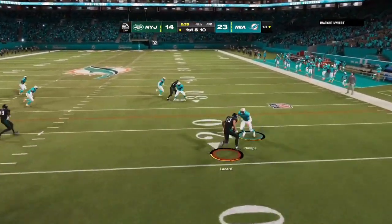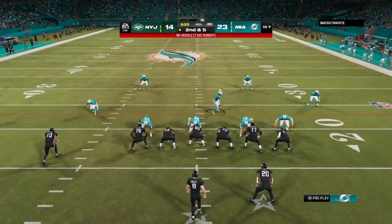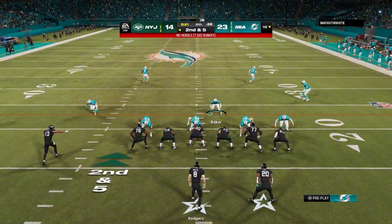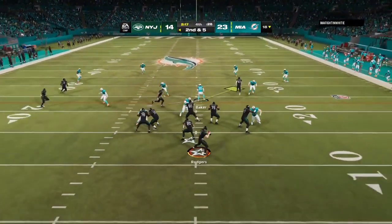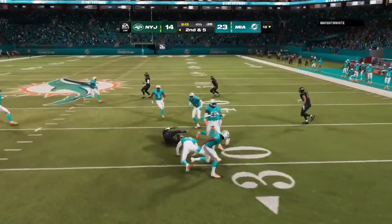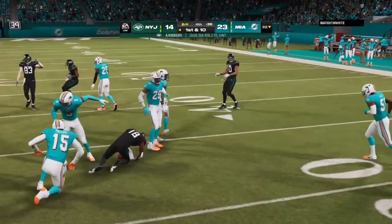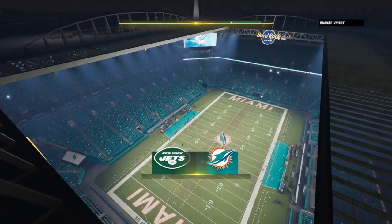So now, Charles, this drive maybe a touch more important, trying to erase the memory of that interception they had the last time out. Yeah, and everyone goes through this because even the best in the game, you're going to have games where it just doesn't go right for you, and interceptions result. So, frankly, to me, it's all about how you respond, not just the types of plays that you call, but how you carry yourself, how you show your team that you're...